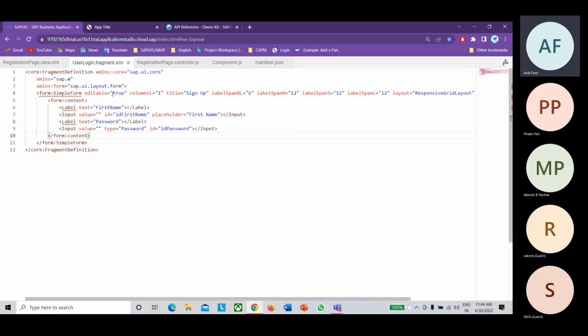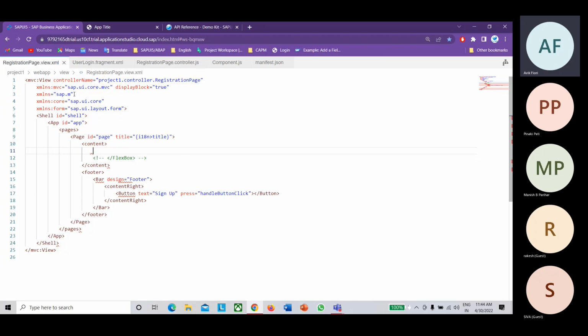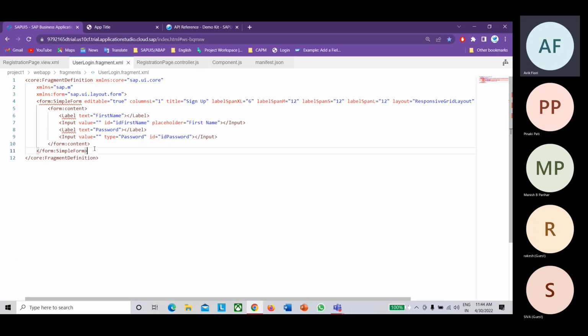Yes. Okay, you just created a separate fragment folder, and inside that you created a new fragment file which has an extension .fragment.xml, and in that first you have added a fragment definition. Before you add any code, for example, if you consider the view, first we need to define the view tag, and inside that we need to add the rest of the things. Same for the fragment, you need to add a fragment definition tag.